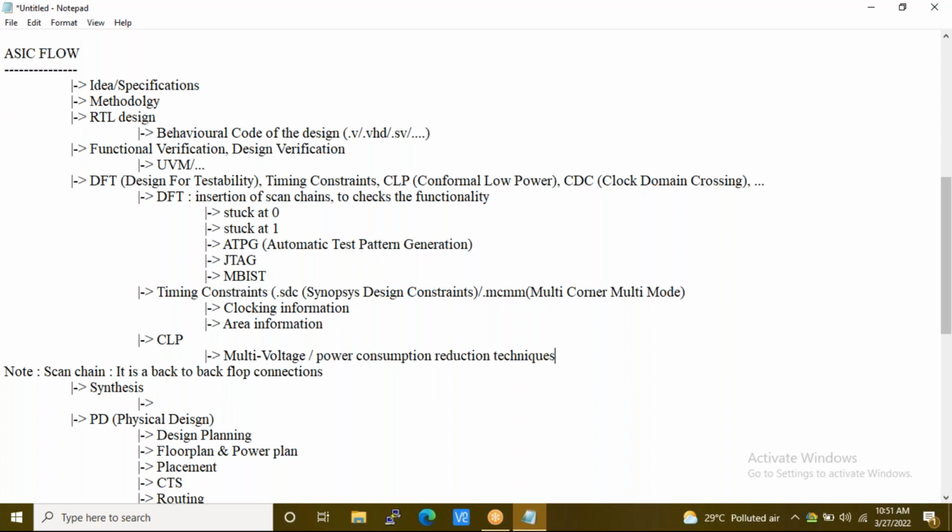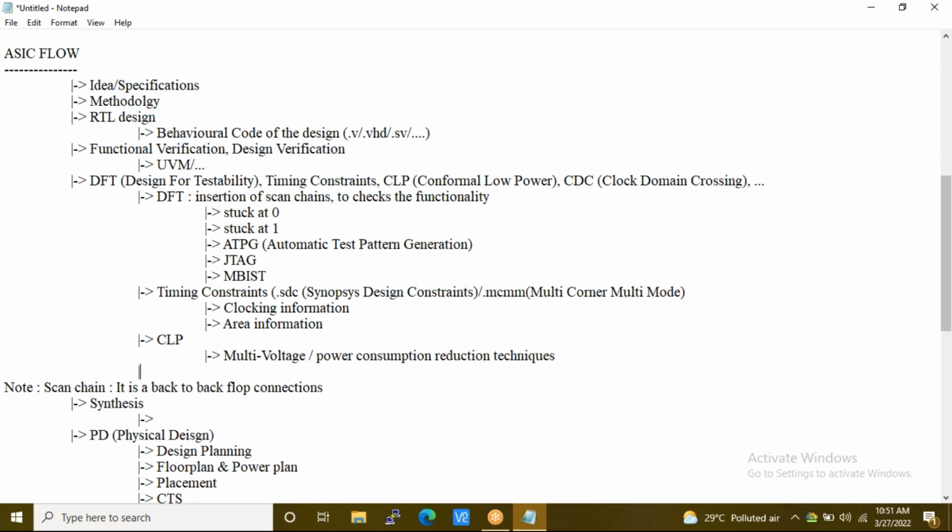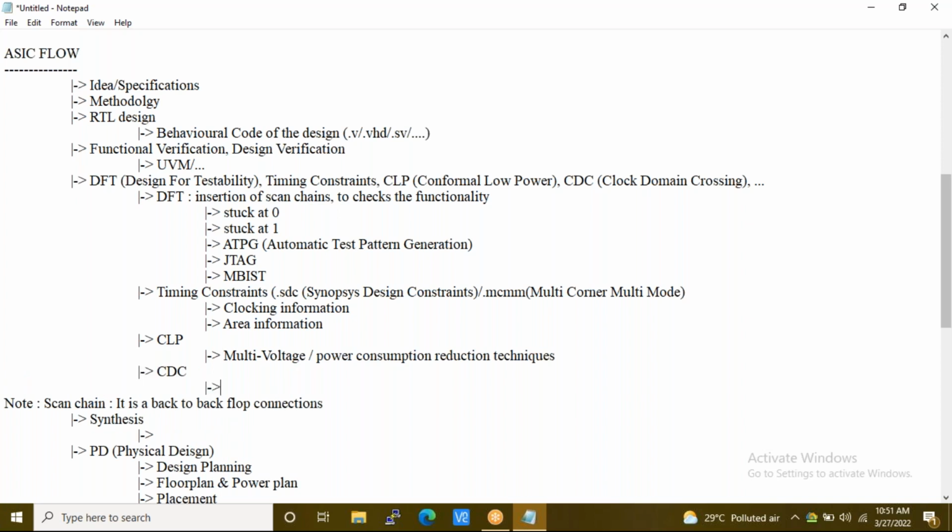Now, the next team is CDC, which is clock domain crossing. What this team will focus on is majorly the connections going from one clock domain to another clock domain.